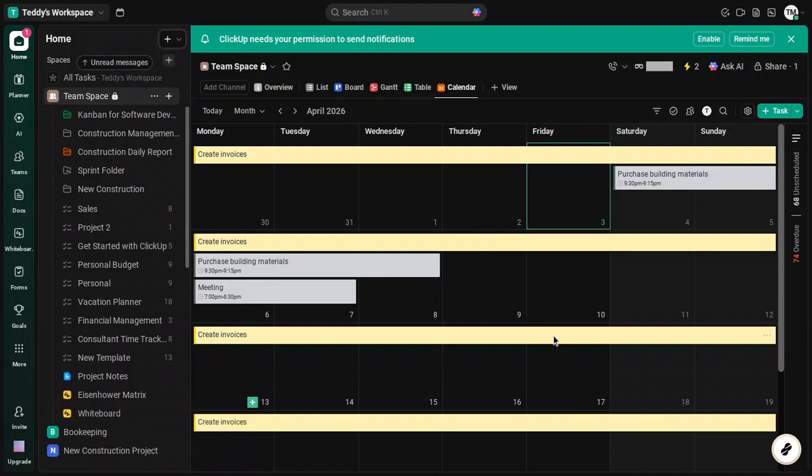The goal is to create a calendar that nudges you at the right moments, not one that you constantly have to renegotiate. If this is a task you do regularly, make it recurring so you don't have to recreate it each time. Open the recurrent settings and choose Set Recurring. Pick the pattern that matches your routine, whether it's every week, every month,